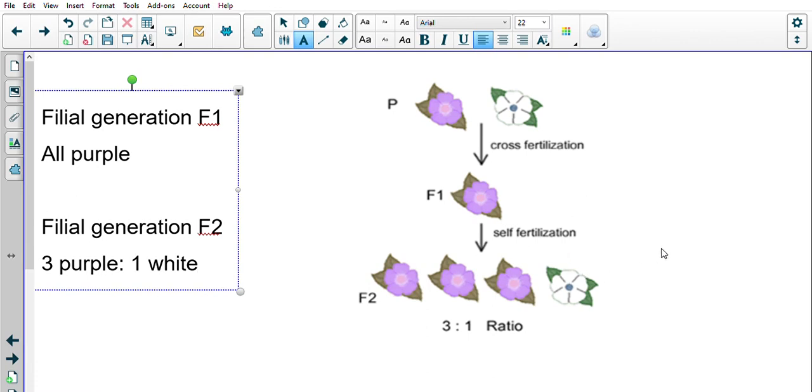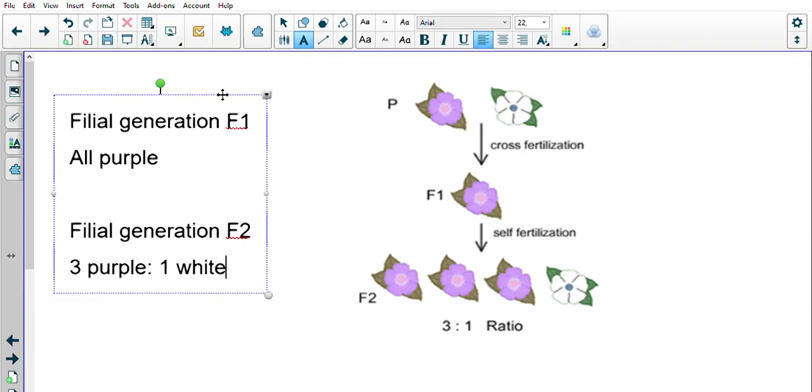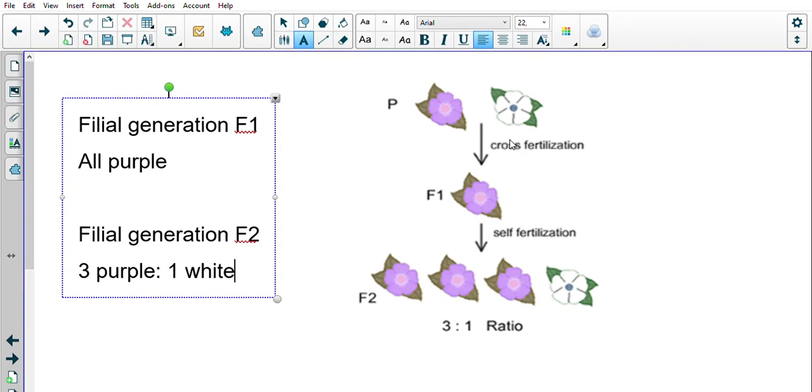That's why it was very important to make sure that he did lots and lots of variations of this. He planted many, many plants, so his sample size had to be really big. This was one of the main contributions that he gave us in terms of understanding the ratio of inheritance, this 3 to 1 inheritance. You'll see what that is in a little second.